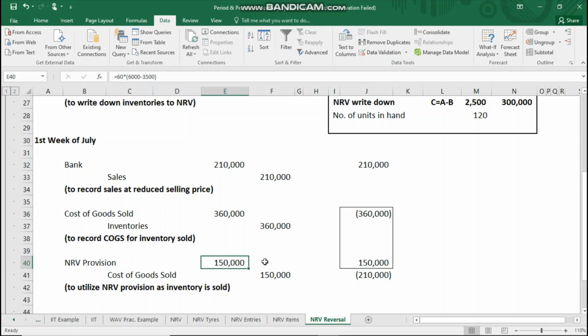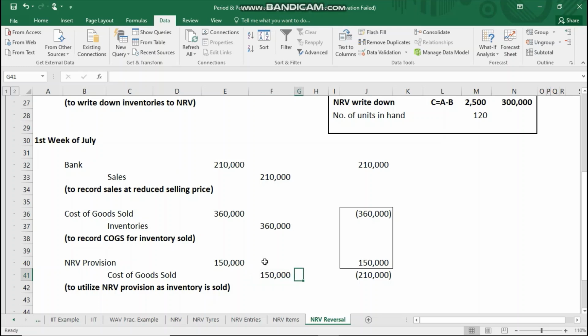अब होता क्या है कि जब ये इन्वेंट्री राइट डाउन हुई थी जून में और जुलाई में ये सेल हो गई, तो अब जो इसका एनआरवी प्रोविजन हमारी बुक्स में है, इस प्रोविजन को भी रिलीज करना पड़ेगा, क्योंकि ये इंटरनेशनल अकाउंटिंग स्टैंडर्ड्स की रिक्वायरमेंट है कि जब इन्वेंट्री सेल हो गई तो उससे रिलेटेड जो भी एक्सपेंस है वो भी आप रिकॉर्ड कर दें। ठीक है, तो एनआरवी प्रोविजन जो मेरे पास था इस इन्वेंट्री से रिलेटेड, उसको भी मैंने रिलीज कर दिया। और रिलीज मैं कैसे करूंगा? एनआरवी प्रोविजन जो कि नॉर्मली एक क्रेडिट बैलेंस होता है, तो उसको रिलीज करने के लिए मैं उसको डेबिट करूंगा। एनआरवी प्रोविजन को मैंने डेबिट कर दिया, और उसका कॉरस्पॉन्डिंग इम्पैक्ट जो है वो कॉस्ट ऑफ गुड्स सोल्ड को क्रेडिट कर दिया।